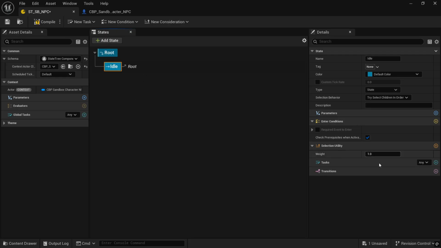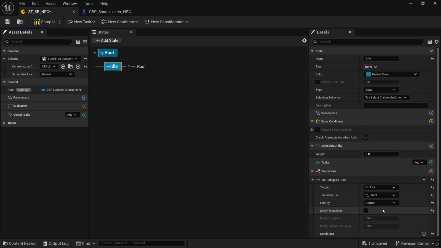Okay, so now let's add a state off of root, and this will just be an idle state that basically will have no code. This is like when the NPC is doing nothing. So we want to add state. We can name that idle, and basically what we want to do is create a transition from idle to follow player. We'll do that for now on event tick,